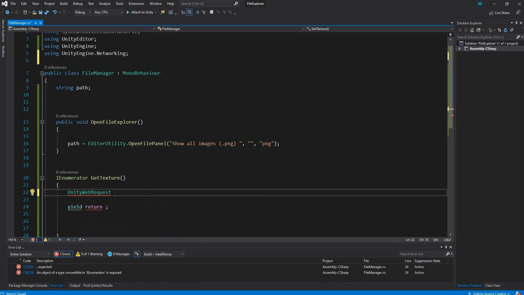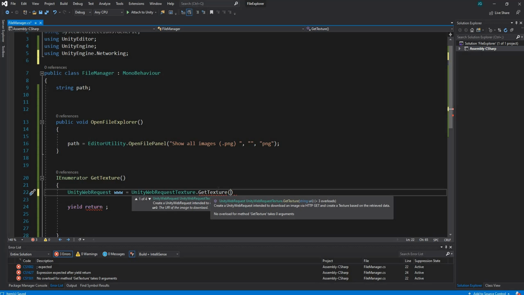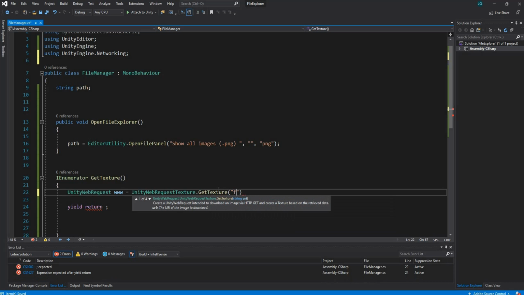That should go away, and then we can just call www, and we're going to set this to UnityWebRequestTexture because we want to get this texture. This function takes in a string URL. The same way that you'll have a URL if you were navigating through your C drive, you'll have C drive, your folder name, another folder name, and then your file name. Similarly, we're going to define file: